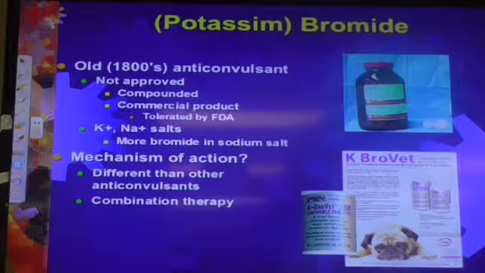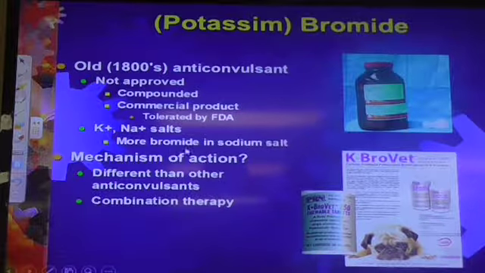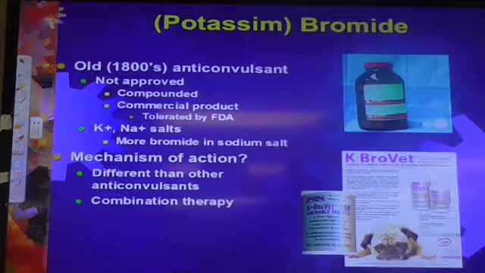Most of the time, I'm guessing most veterinarians may actually just have potassium bromide compounded. And this is something that you can compound in your office as well. There are multiple salts of bromide. Bromide is the active ingredient. We don't really know how it works, but there is a sodium bromide and a potassium bromide. Most of the time, veterinarians use potassium bromide. If you use sodium bromide, there's a little bit more bromide in the sodium salt, and so you'll want to adjust your dose, but the reality is you'll use monitoring anyway, and so that probably becomes not as important.